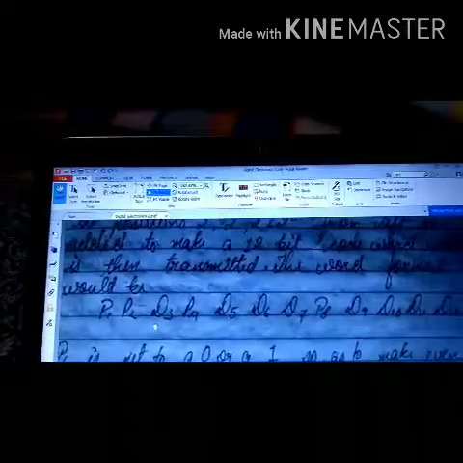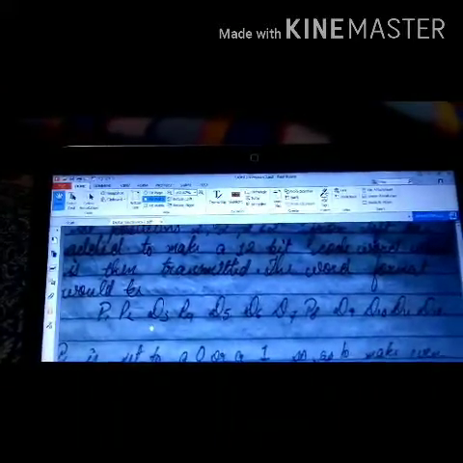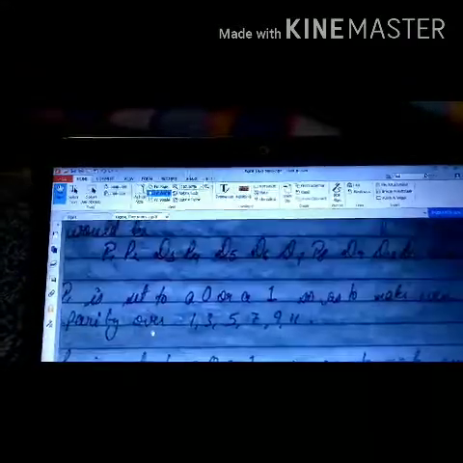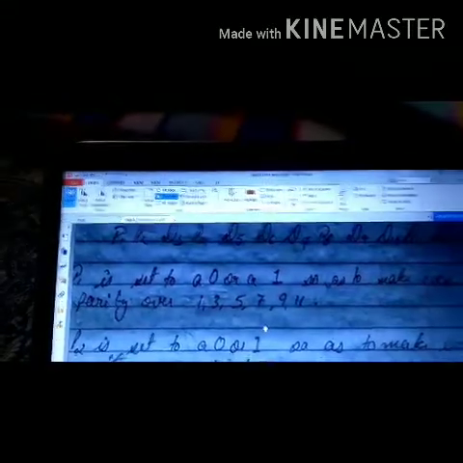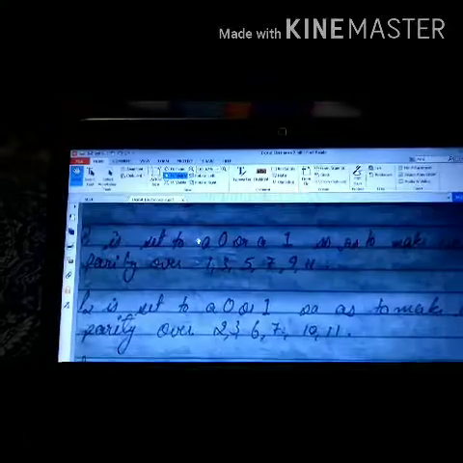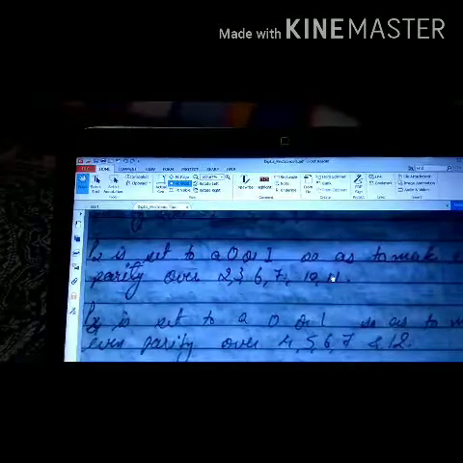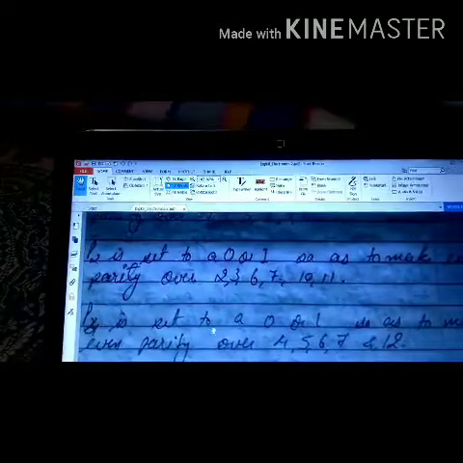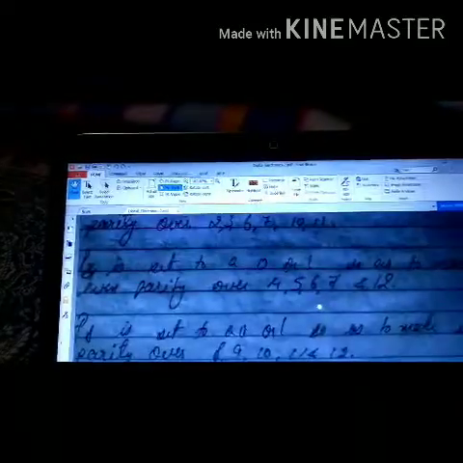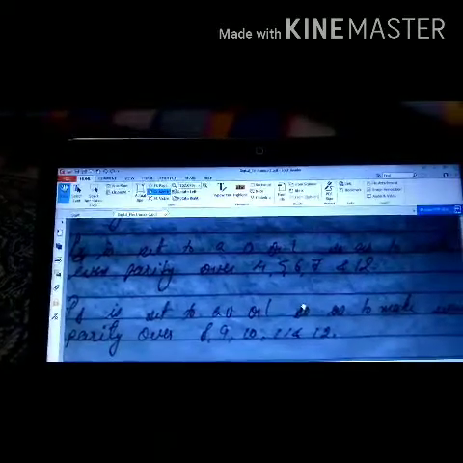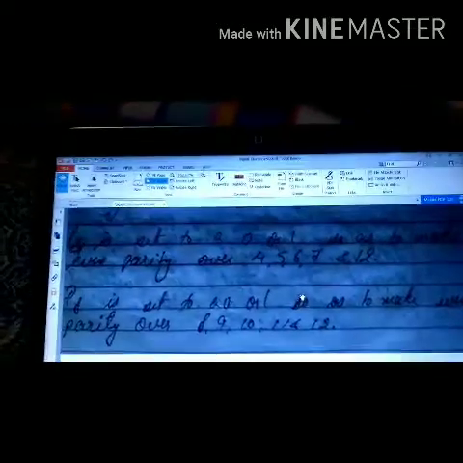The format of the word will be P1, P2, D3, P4, D5, D6, D7, P8, D9, D10, D11 and D12. The parity will be checked as follows. P1 is set to 0 or 1 to make an even parity between 1, 3, 5, 7, 9, 11. P2 is set to 0 or 1 to make an even parity for 2, 3, 6, 7, 10, 11. P4 is set to 0 or 1 so as to make an even parity between 4, 5, 6, 7 and 12. And similarly P8 is set to 0 or 1 so as to make an even parity over 8, 9, 10, 11 and 12.